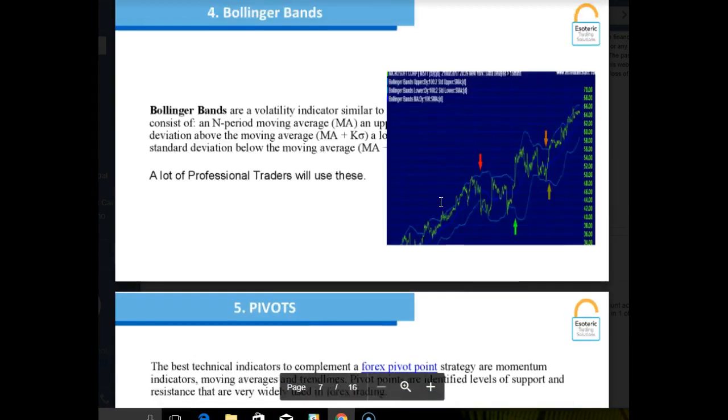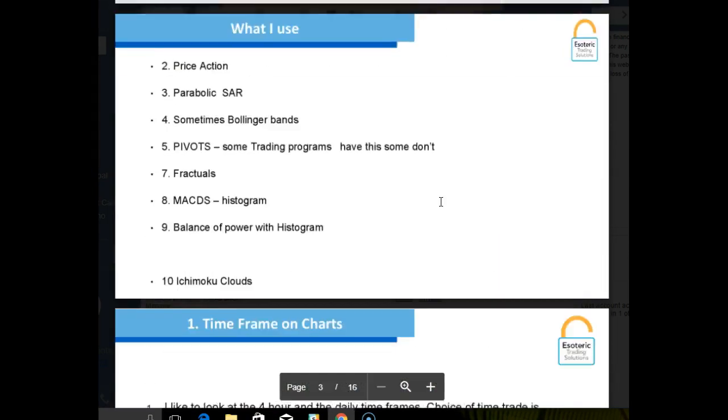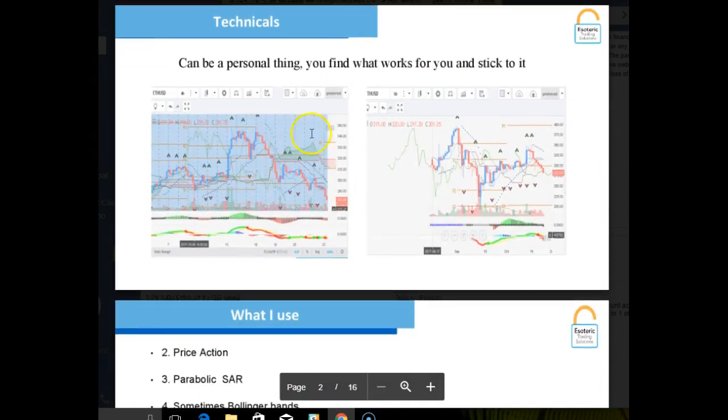So let's go back to my charts. As you can see, basically a 4-hour and a daily. I use a combination of all those, but you will see that those Ichimoku lines give you a really good idea of resistance and support, and certainly the pivots do as well, and the professional market looks at those.